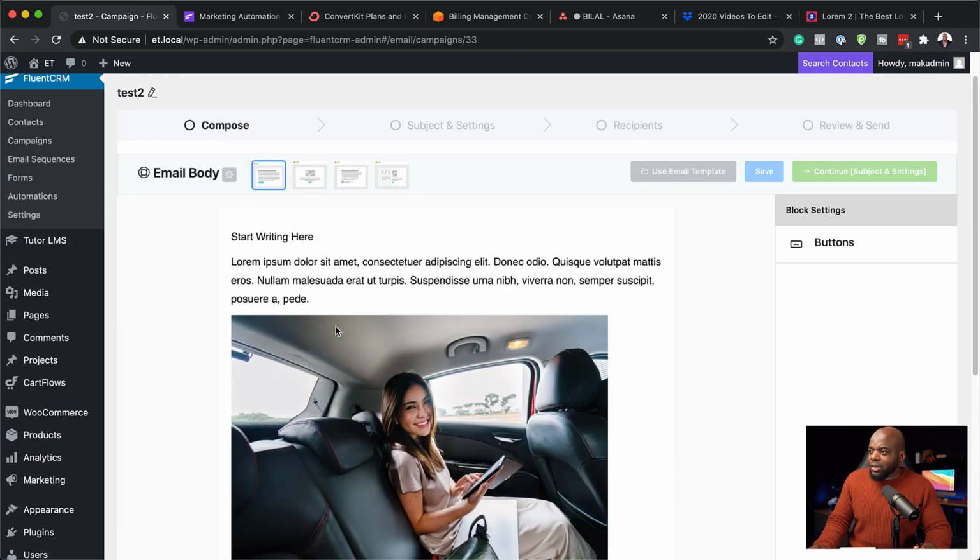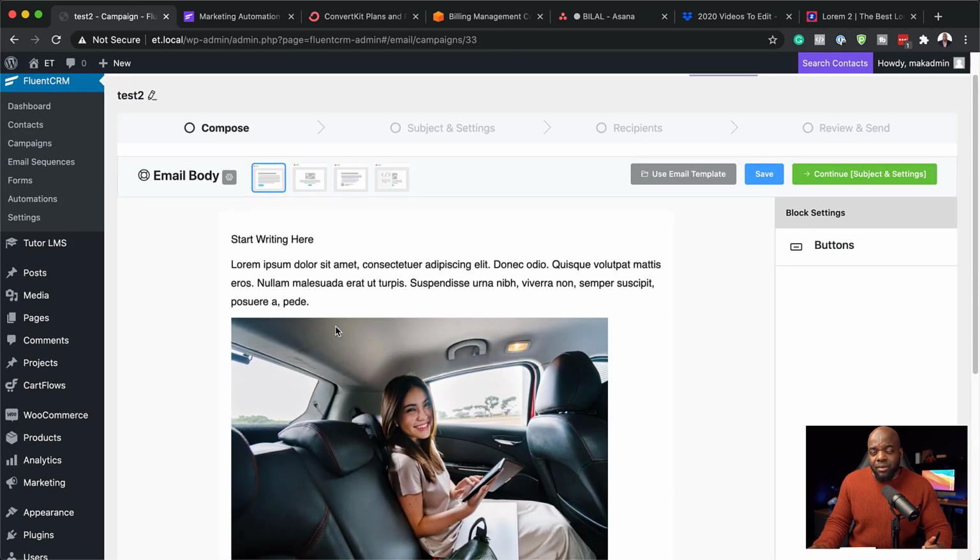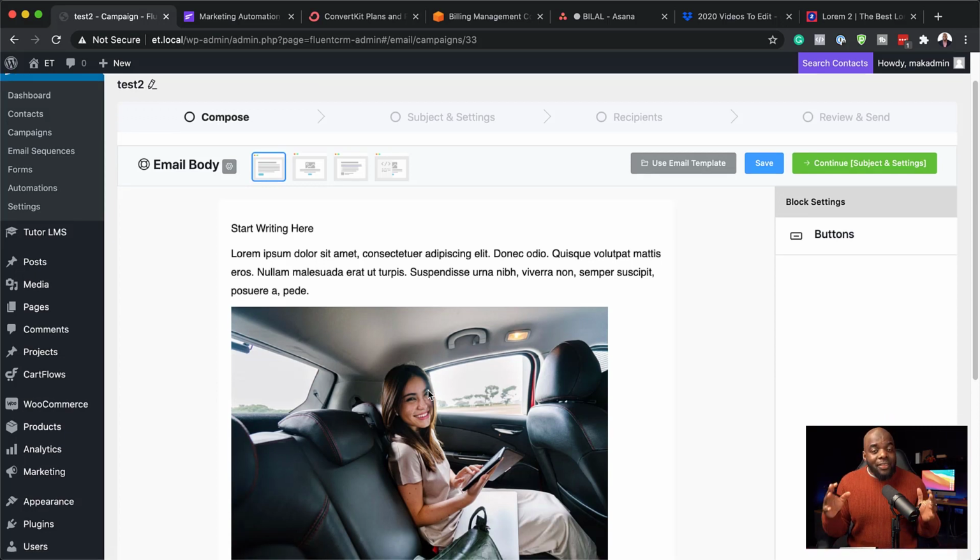So as you can see, building the email is very, very easy. So this is something that I was concerned about when I first set up FluentCRM on my website. So when I found out that it's similar to Gutenberg, I was so excited that this is how it works. So now that we've established that building your emails on FluentCRM is easy, let's move on to the next part,